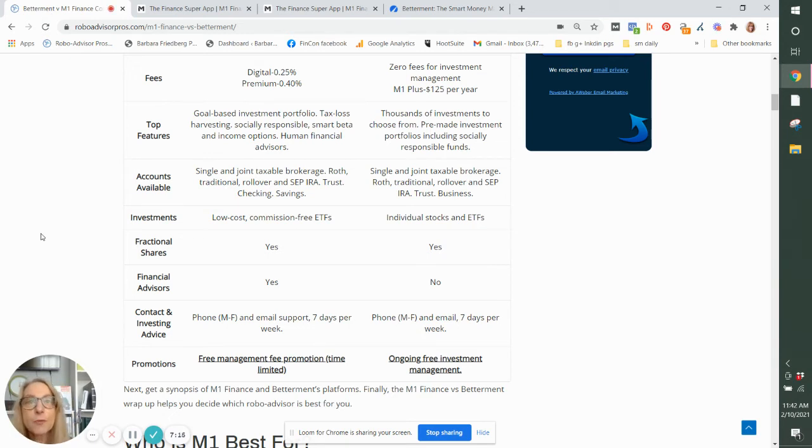Fortunately, both of the platforms offer a wide variety of accounts. In fact, they offer taxable brokerage accounts, all types of Roth IRAs, traditional rollover, and they each offer the SEP Business IRA. They both offer trust accounts, whereas Betterment offers a checking account and M1 Finance only offers a one money account, which is used for debit card purchases and also offers a higher yield, but does not offer checking